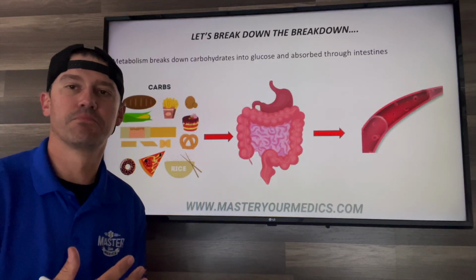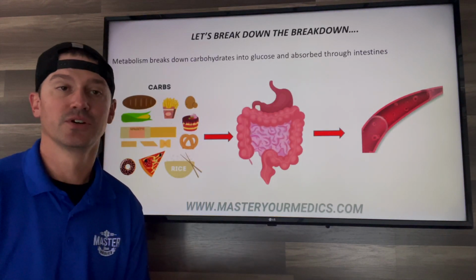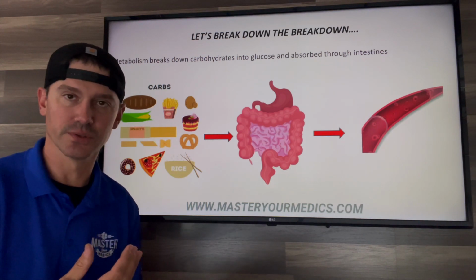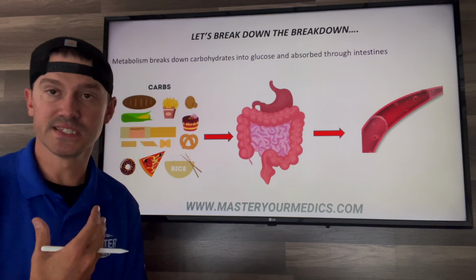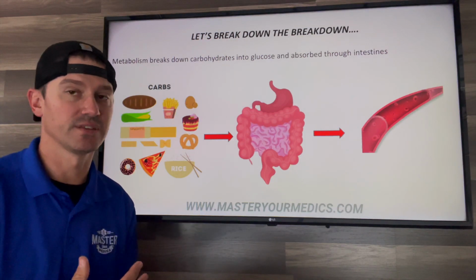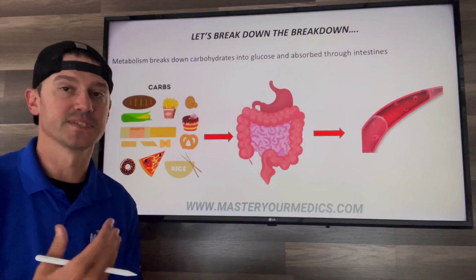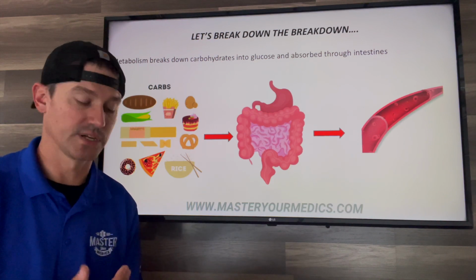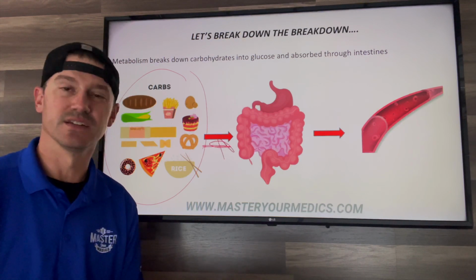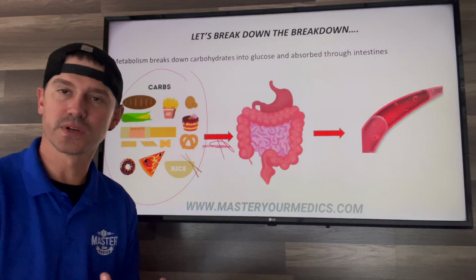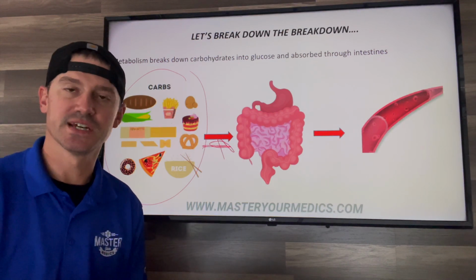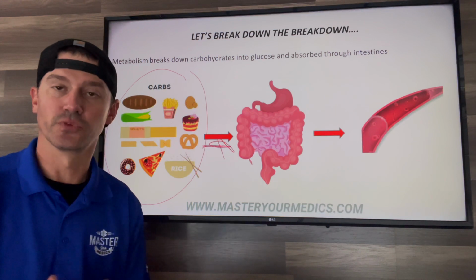All right, so let's break down how glucose is built up in the body. Our primary source of glucose is through intake of food, through carbohydrates. Simple carbs, complex carbs, everything is how we traditionally metabolize to develop glucose in our body. Once we break down all these carbs, everything gets transitioned over in the stomach, it's metabolized, broken down, and that glucose is then sent through the small intestine and into the bloodstream.